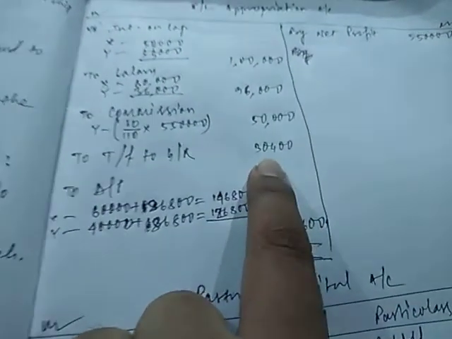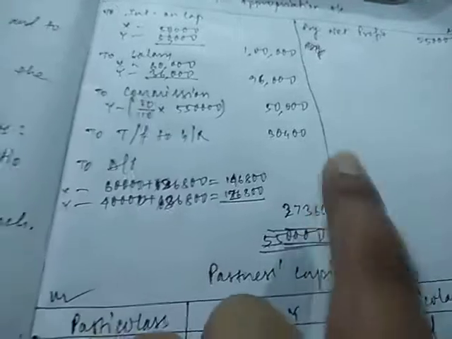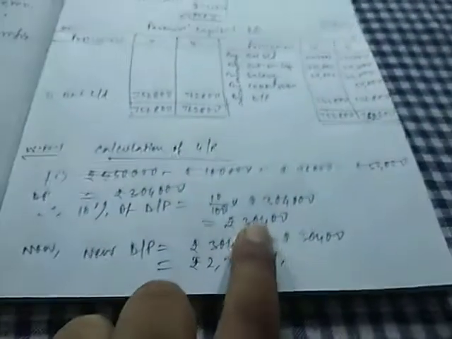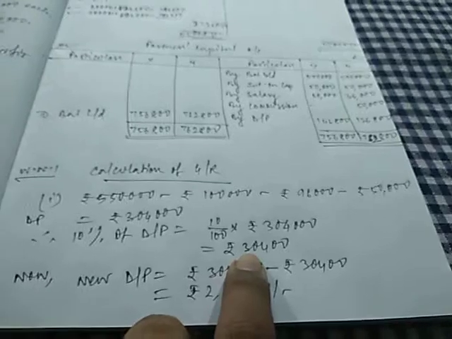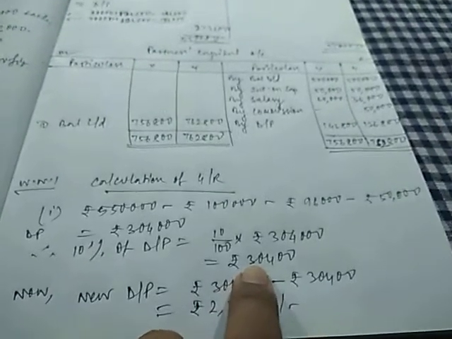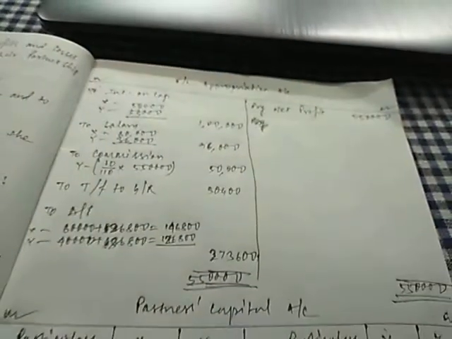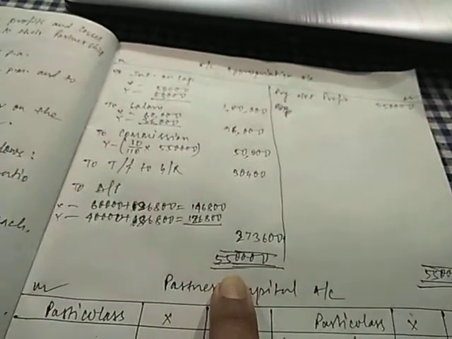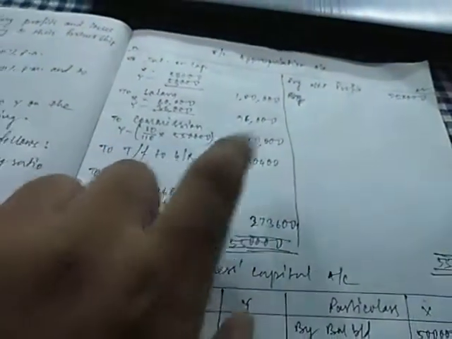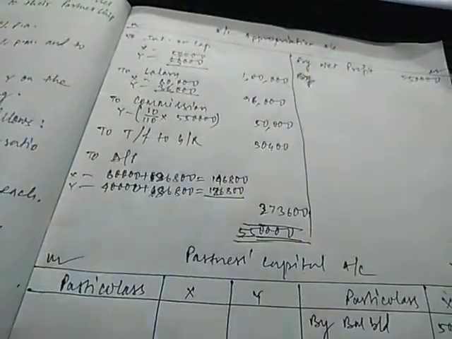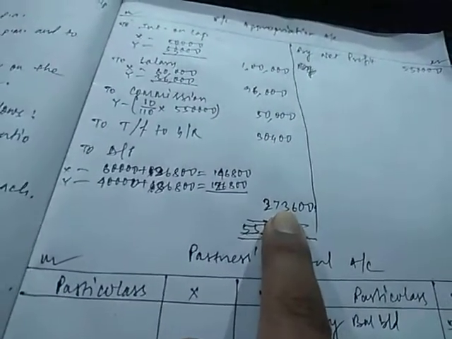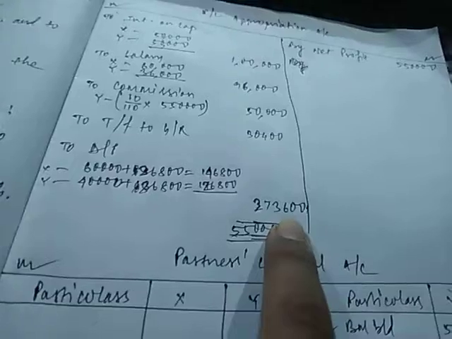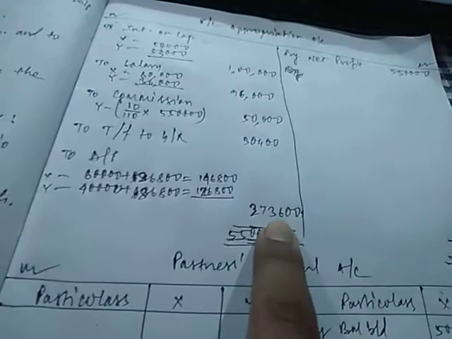Now this DP is wrong. The DP that we have got here, rupees 3,04,000, is wrong, because we have also subtracted the amount of general reserve from there. So we need to find out the DP once more. We'll do the same thing. From this 5,50,000 that we have written here, we will subtract all this amount. This time we will subtract 30,400 also. After we subtract 30,400 also, we get 2,73,600 as our new DP. The new DP that we get is 2,73,600.